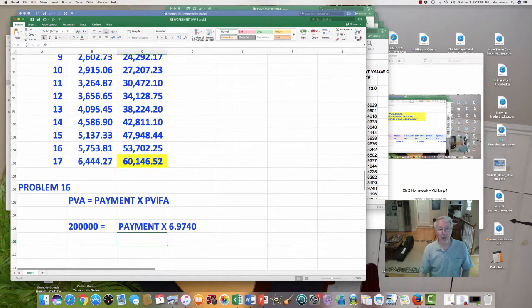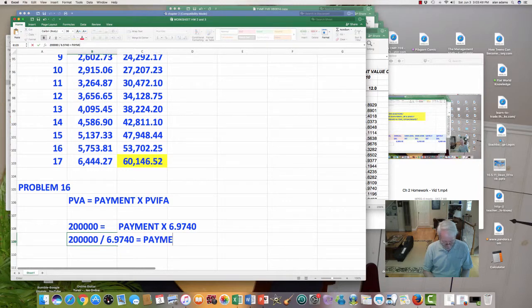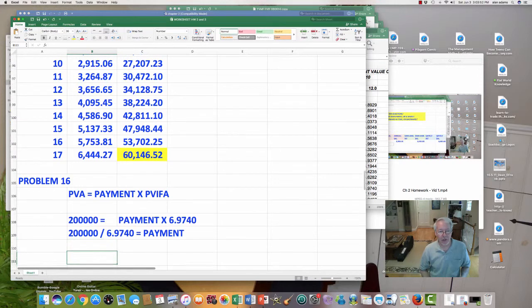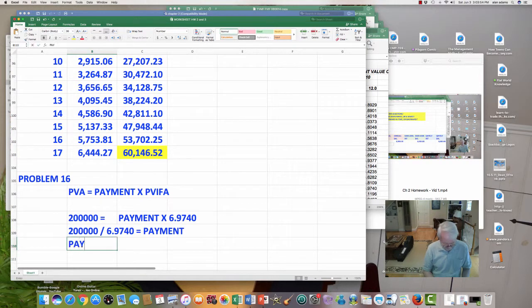All right, now we're trying to solve for the payment. So obviously, algebraically, we're going to divide both sides by 6.9740, and that will equal our payment amount. And then we'll prove it. All right, so let's continue and see what that maths out to. We know that our payment, therefore, is going to be equal to